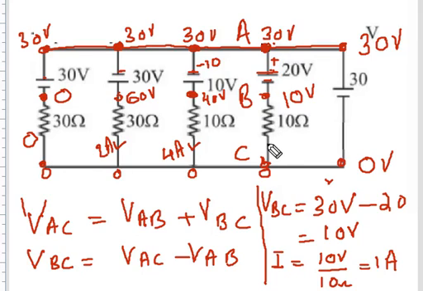Now you can see the direction of the current flow. This is higher potential than 0, so current will flow downward. This current will flow downward. This current will flow downward. This 2 ampere will come to this junction. 2 plus 4 equal to 6 ampere will come here. This 6 ampere will join with this 1 ampere, and that will give you 7 ampere here, and that will flow through this branch. So the ammeters will read 4 ampere and 7 ampere. That's the answer.